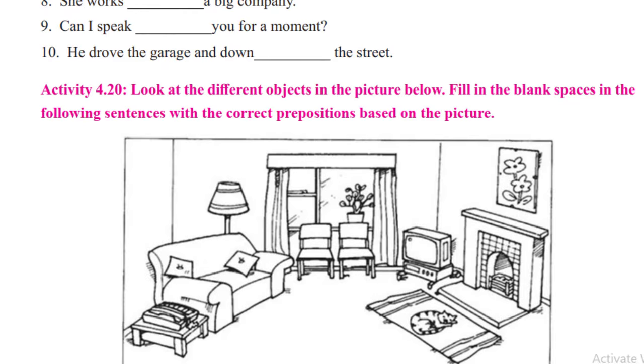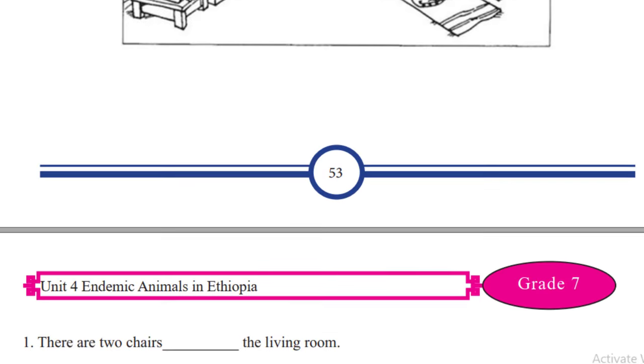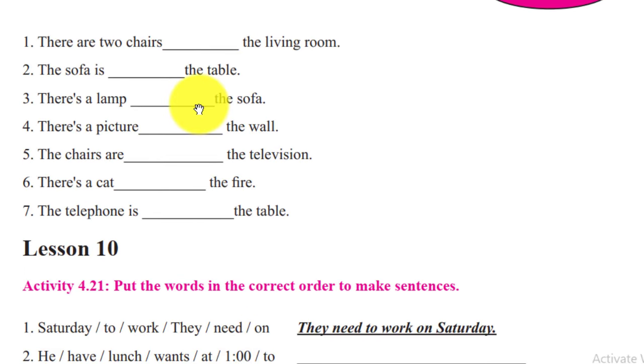the other part additional exercise now activity 420 look at the different objects in the picture below, fill in the blank spaces in the following sentences with the correct prepositions based on the picture እንግዲህ ፒክቸሮቹ as a clue ነው የሚሆናችሁ እነሱ መሰረት አድርጋችሁ different እዚህ ፎን አለ ለምሳሌ እዚህ ላምፕ አለ ቲቪ አለ cat እኒን ፍላወር አሉ እኒን እያያችሁ ከላይ ነው ወይንስ ከኋላ behind ነው on ነው የሚሉትን ትገልጻላችሁ ማለት ነው እነሱ ለመግለጽ ሴንተንሶች እዚህ ላይ ቀርበውላችኋል።